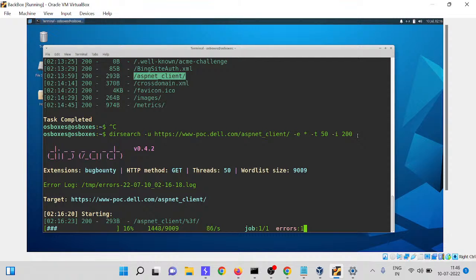After that you can try for 403 bypass. I'm not hunting, I'm just telling what you can do. Whatever directory you find, you have to run dirsearch again on it, and you have to use a different kind of wordlist every time.